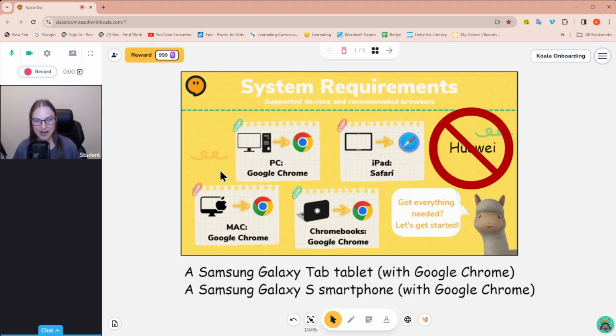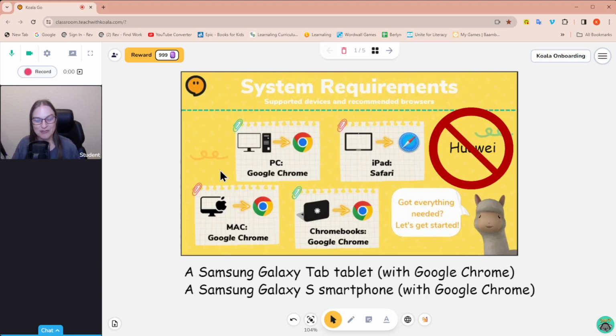So before I even thought about teaching any of my students on Koala Go, I had to make sure I was well prepared to get them switched over. So I'm going to give you some tips to hopefully make the process a lot smoother and less frustrating for you, for the parents, and for the students. Because if there's any issues, that's just going to make the parents even more nervous about switching to a new